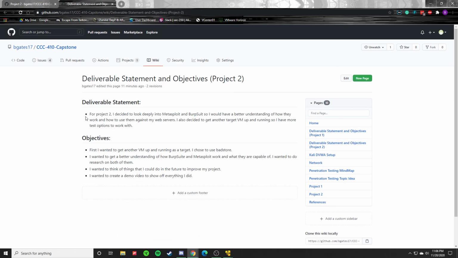So for my statement and objectives for Project 2, I decided to look deeply into Metasploit and Burp Suite so I would have a better understanding of how they work and how to use them against my web servers. And I also decided to get another target VM up and running so I have more test options to work with. And so my objectives: get the VM up and running,